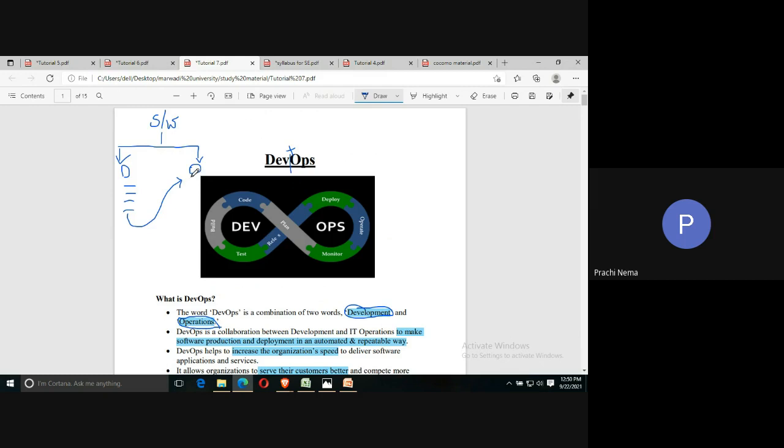The operation team will monitor the whole building or coding part, as well as perform the testing over this code which has been developed by the development team. And in case there are any errors, it will give feedback to the development team that you rebuild your code from scratch. So again, it will have to give so much time to rebuild that same code and rectify that error. Okay, so this is how traditionally we used to work.